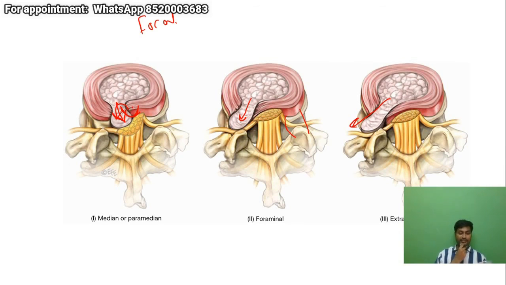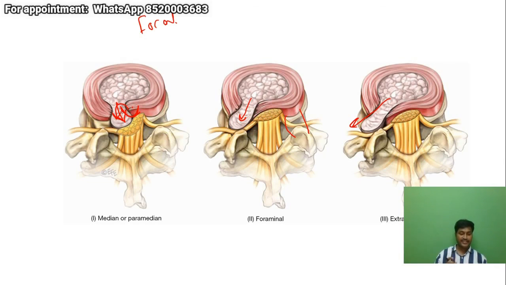Dr. Fatima is asking about patients who complain of unbearable pain in the morning, with intensity a bit lower throughout the day and activities. Are you asking me how to diagnose or how to manage? Management I will teach you in the next one. How you diagnose is the same. You'll have to examine clinically, correlate with the radiological findings, and since the patient is complaining of predominant symptoms in the morning, you'll also have to rule out rheumatological disorders.